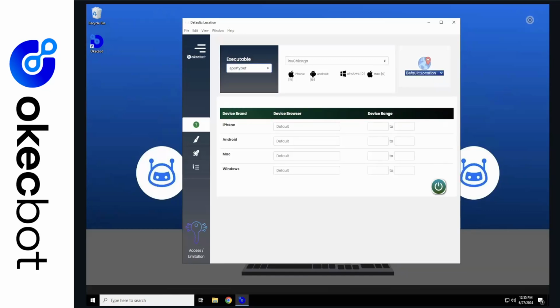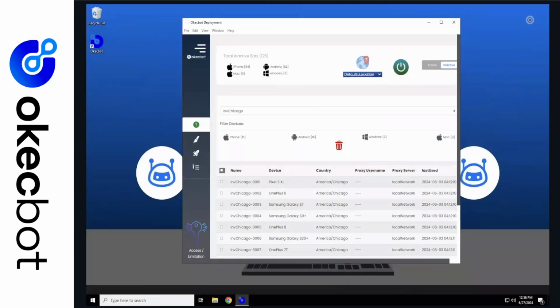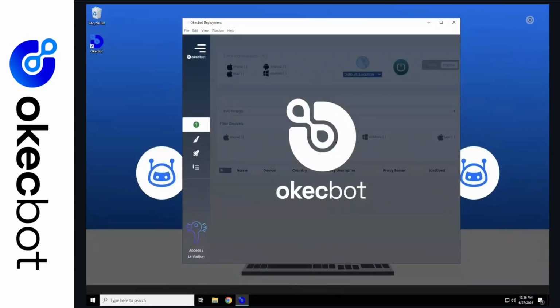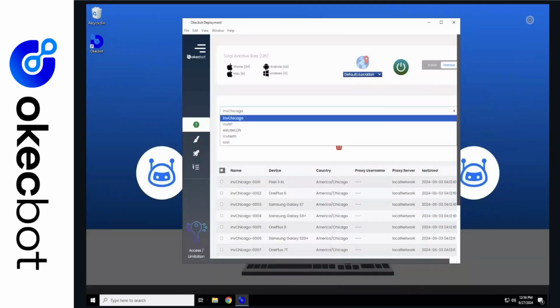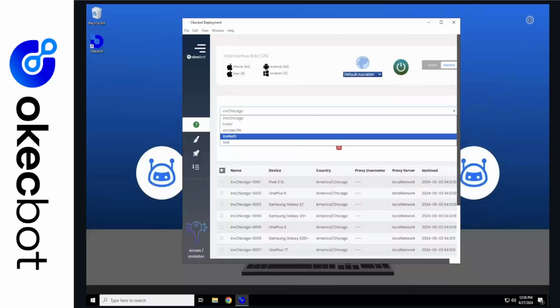Having chosen SportyBet as the task we would want to execute, next is to choose the bot family or clusters of bots or group of bots we have created that we want to execute this. Now this is where we would click in UK. Now in case you don't know, after we created those bots, UK bots, they became UK 001 to 0045. If I click on this manage bots, and on the manage bots, if I click on the bot family called UK,